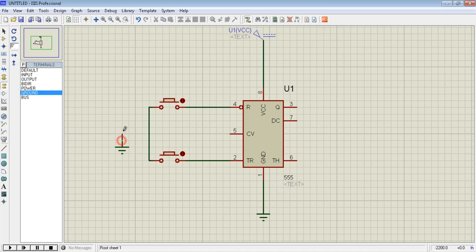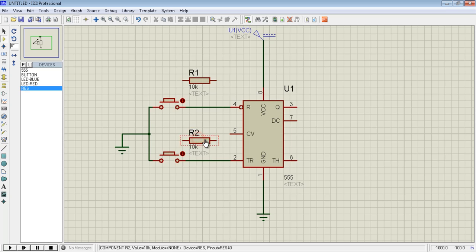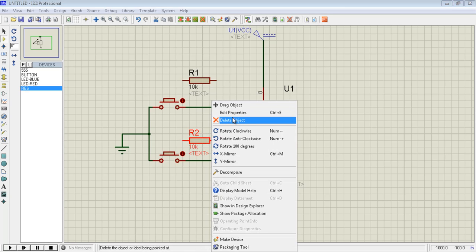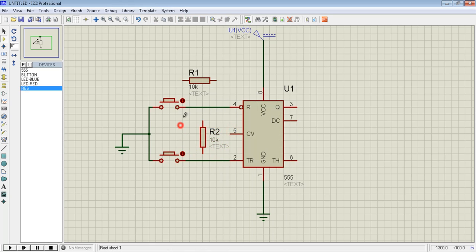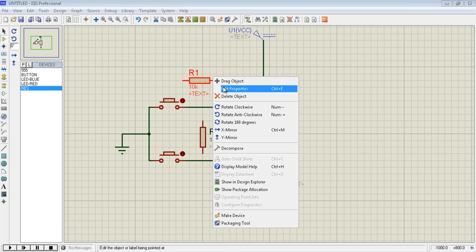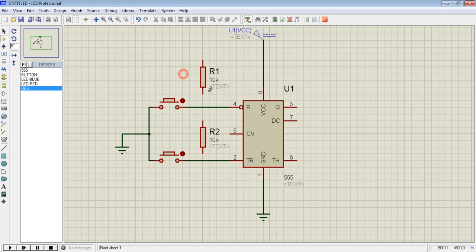I have taken ground. Now what I am doing is I am using 2 pull-ups, one for each of these pins, so that these pins remain in high state until we press the button. These pull-ups will help in keeping the pins in high state.